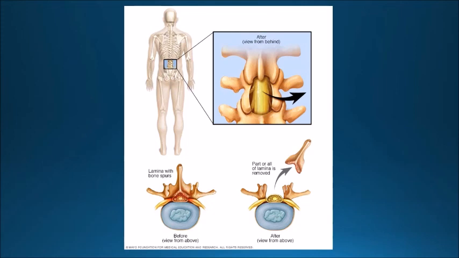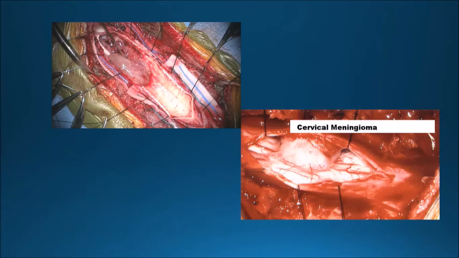In another slide you can see that we initially remove the bony structures like the spinous process and the lamina to reach the spinal cord and the dura, and then after durotomy, or opening of the dura, we remove the spinal cord tumors. Here are a few pictures from the intraoperative excision of spinal tumors. This is a picture from a cervical meningioma where you can see the lesion is completely separated but compressing the spinal cord, and we take out these lesions as a whole.